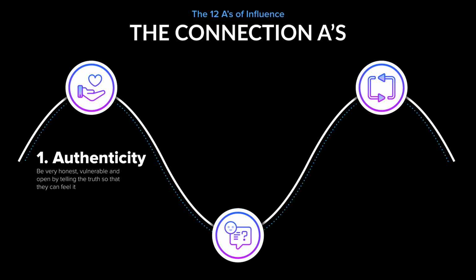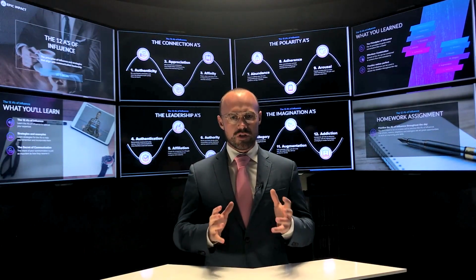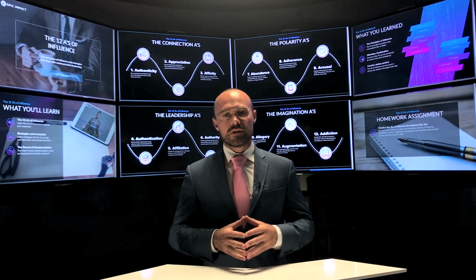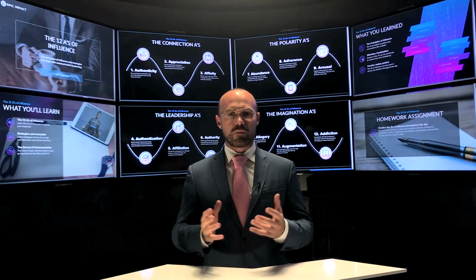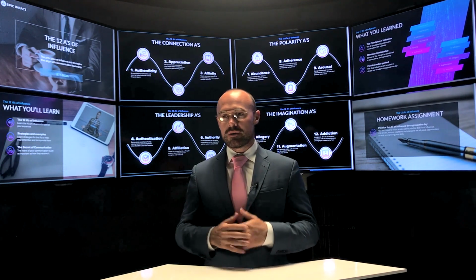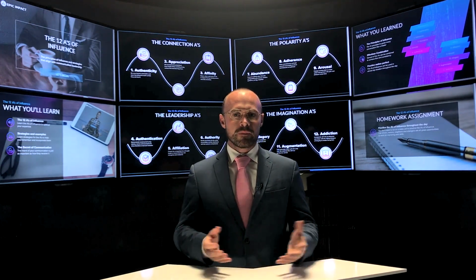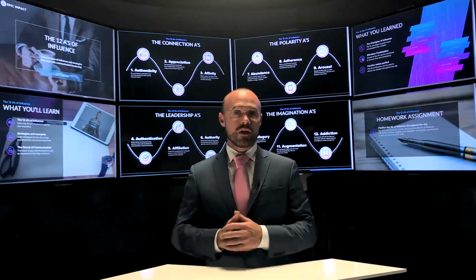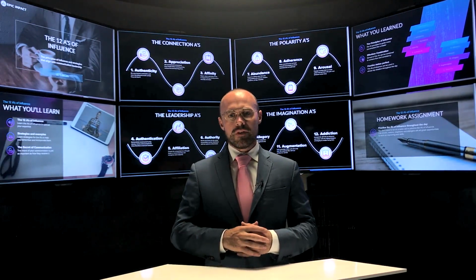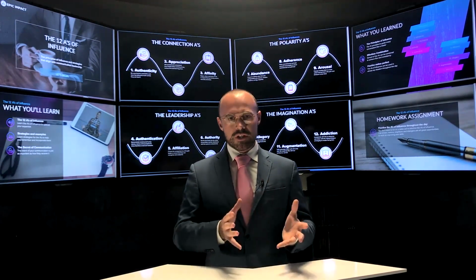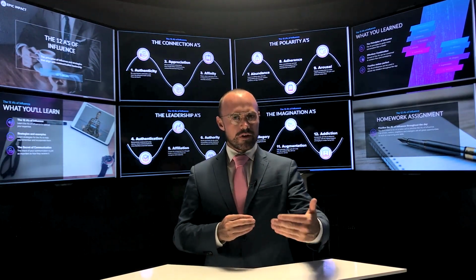One way to demonstrate the paradox of certainty and uncertainty in an influence conversation is to simply share with a customer or a prospect that we might decide to work together and we might decide not to work together, and either way is fine. It simply sets the frame of we might hit this outcome or we might not hit this outcome. And there's a certain level of certainty in, hey, we might work together.